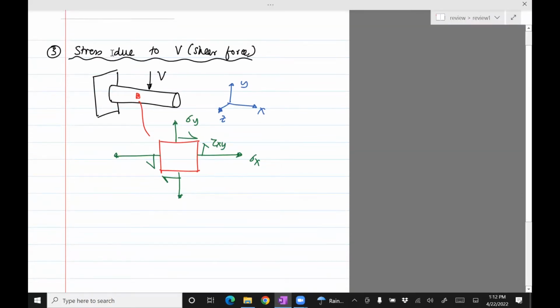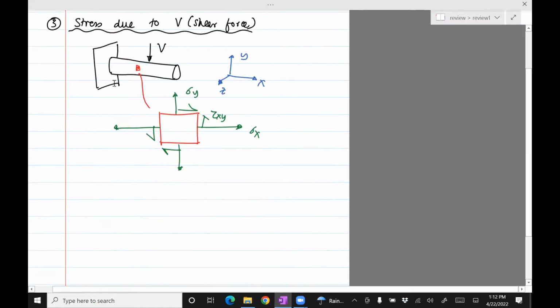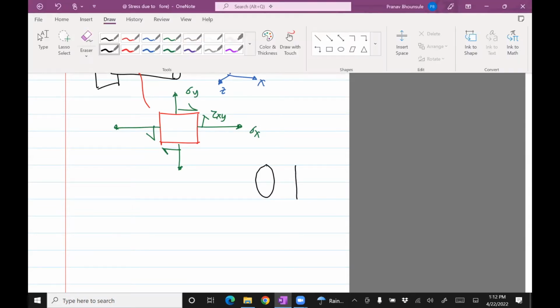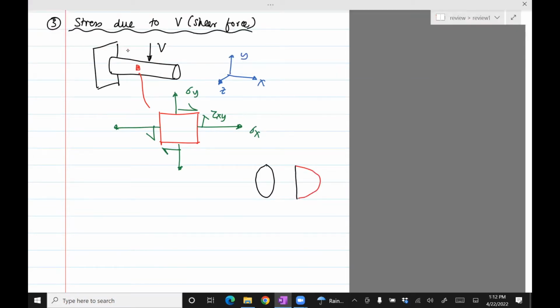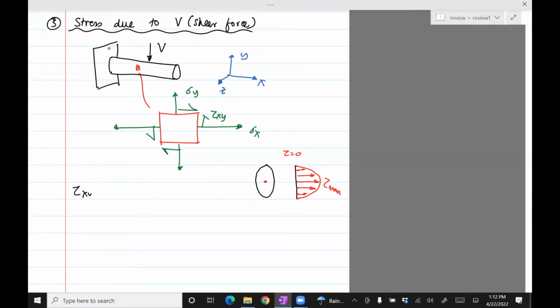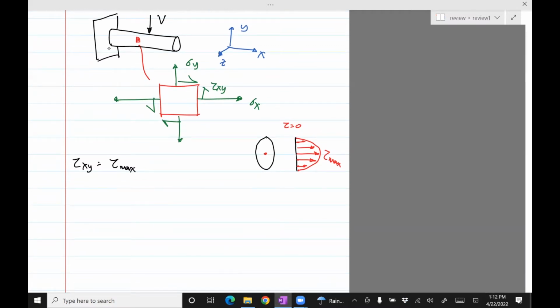Okay, so in this case, before I write the values for the shear stress, it's kind of important to see what happens to the cross section. So if there's a cross section, then you will see that the stress follows this profile, with the maximum occurring exactly at the middle, or what they call the neutral axis. And then it goes to 0 at the edges. So that is tau max. And tau is 0 here. And so tau xy, I just put tau here, but let me just put tau max,